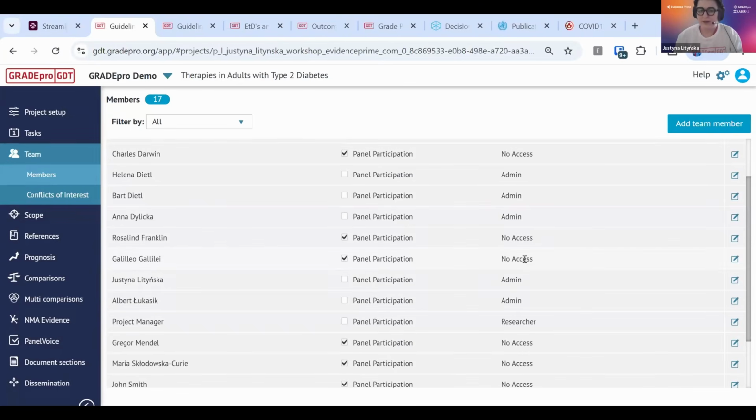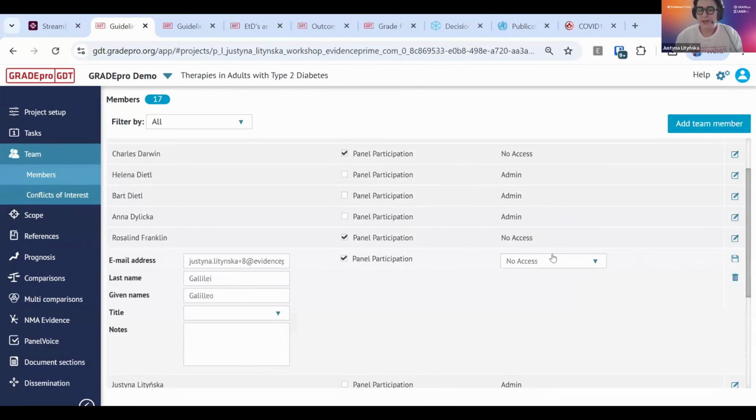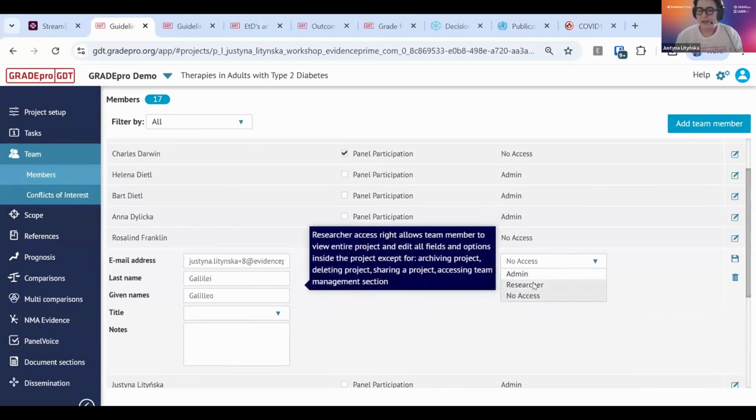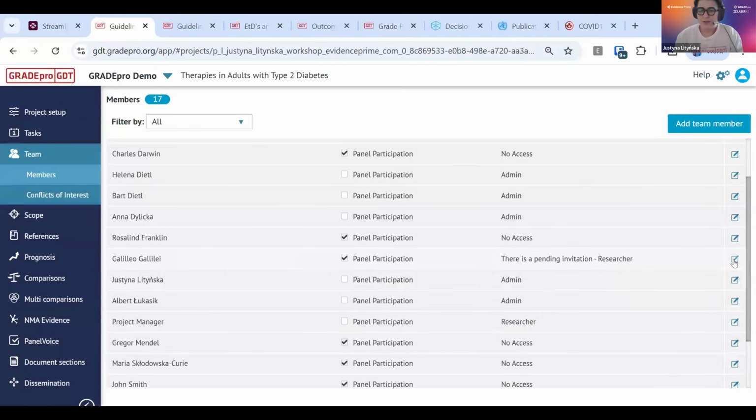participate more in the project, perhaps he can help me enter some data. If I change his access to researcher, then it shows that there is a pending invitation, so that now he needs to accept it. But it could happen that this information would momentarily change back to no access. That would then mean he is outside of the organization, outside of the workspace, and I first need to make sure he is in the workspace before I can invite him